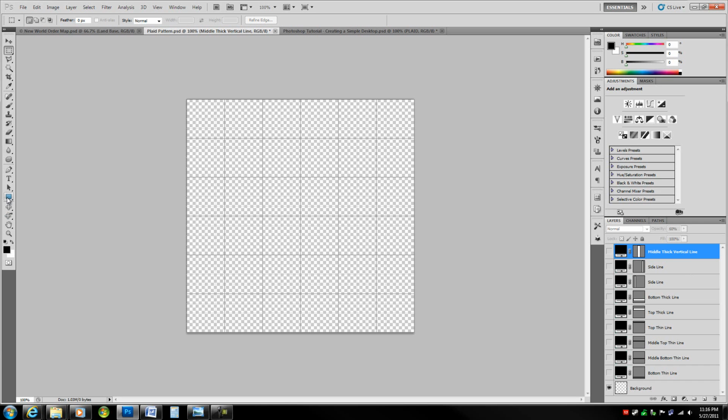I'm going to grab my shape tool, my rectangular shape tool, by pressing U. I'm going to set it to create shape rather than create path like I usually have it set to, just for convenience, because I don't really want to do anything with the color. Make sure your foreground is black. And I'll start off by just dragging